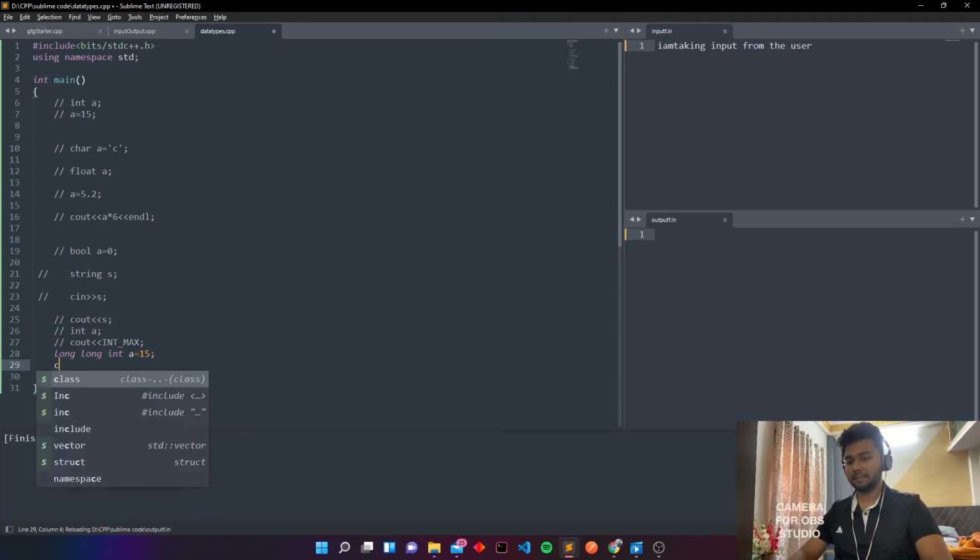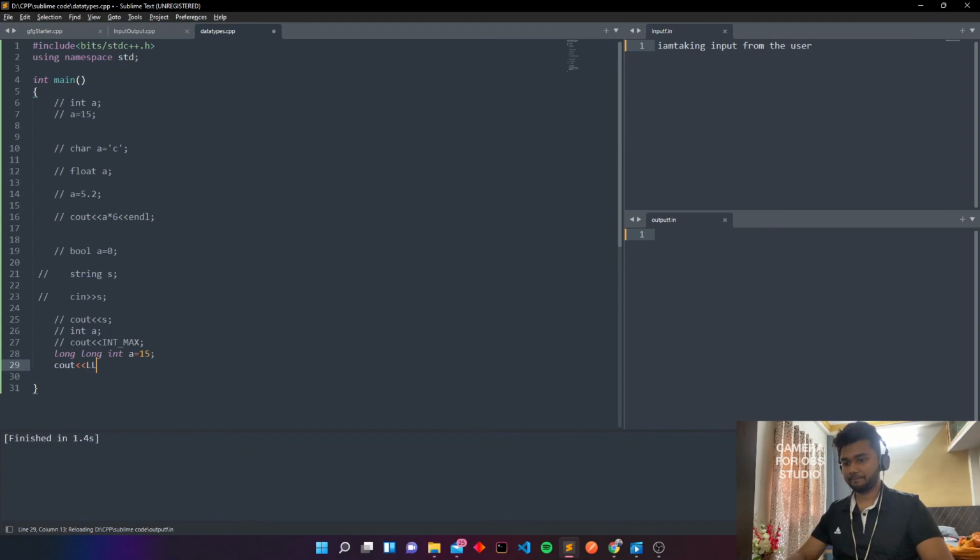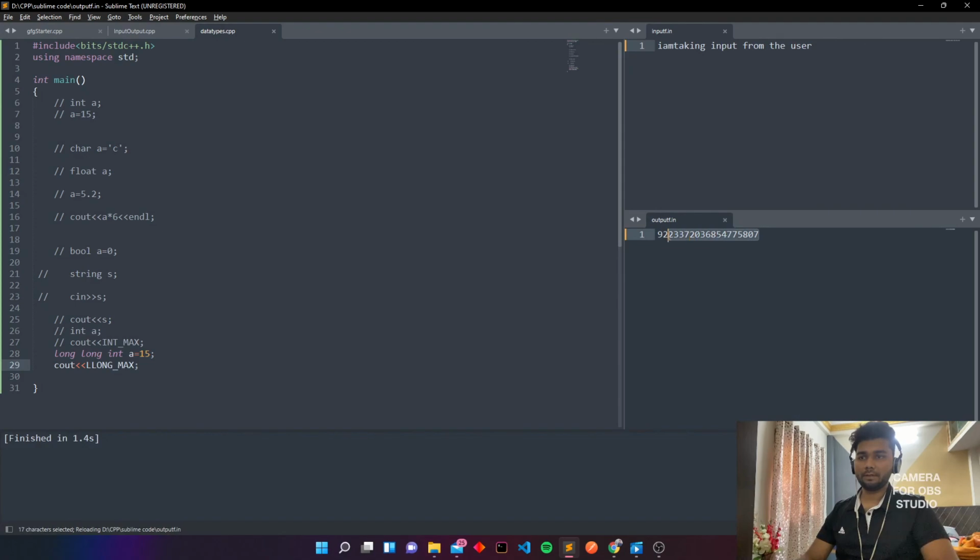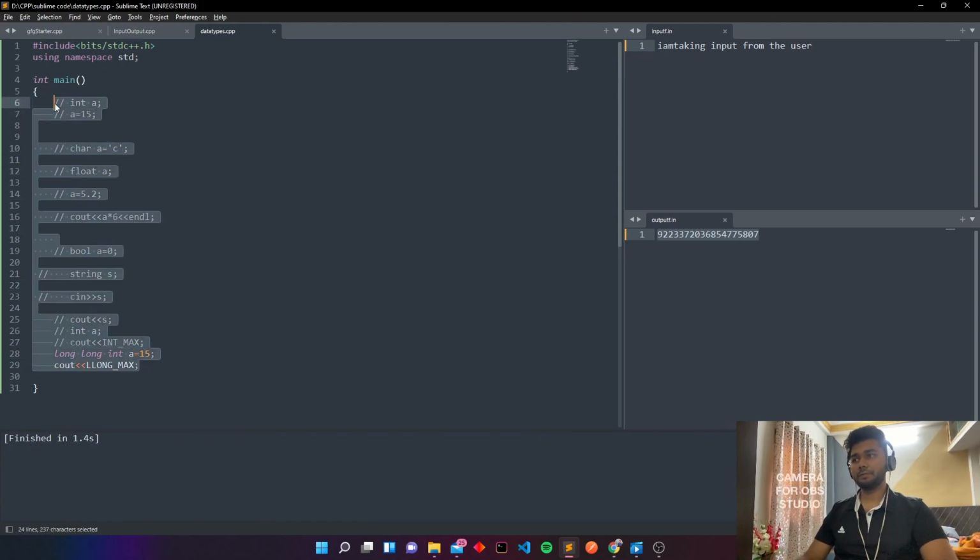You can also see the range of this now. See here the range of INT_MAX. So if the numbers you are using in the code are more than 10 raised to 8, or the limit is 10 raised to 18, you can use long int. So these are the basic data types which are used during programming.